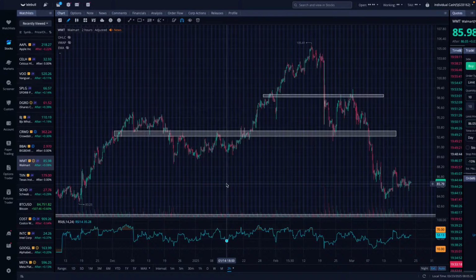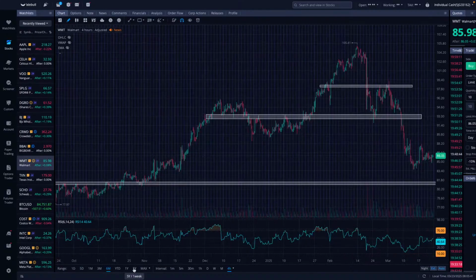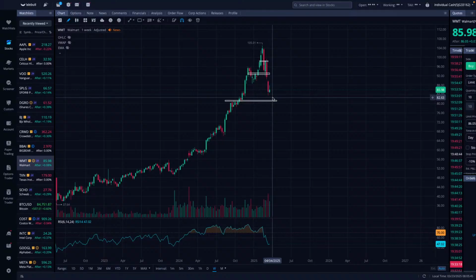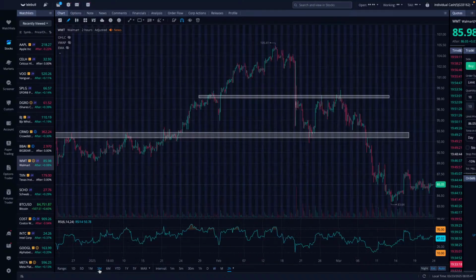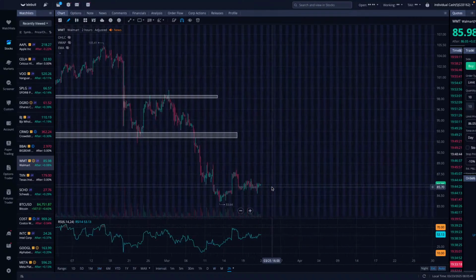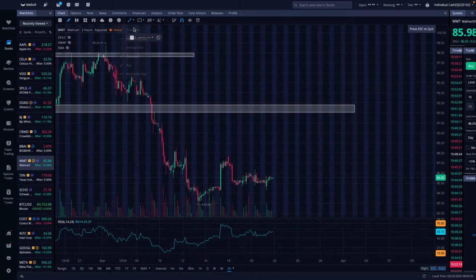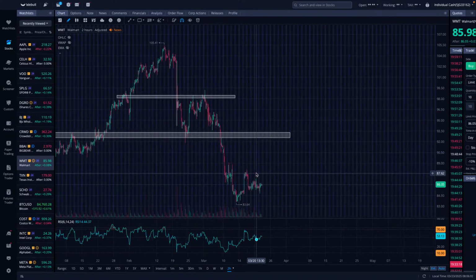Next, let's look at Walmart. Walmart at $85. It's making lower lows right now. When you look at it on a 5-year chart, it has finally broken its trend. Now it's trying to find its footing. I'm wondering if we're going to get this pushed back up to about $92. And that's not a bad ROI, to be honest. $86 up here, 7-8%. Look for that day trade. I definitely would be cautious looking for that. That wouldn't be bad.